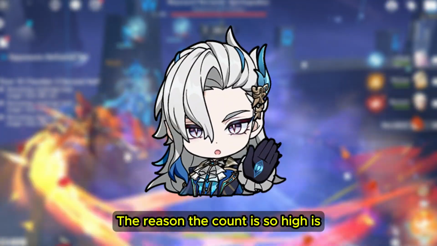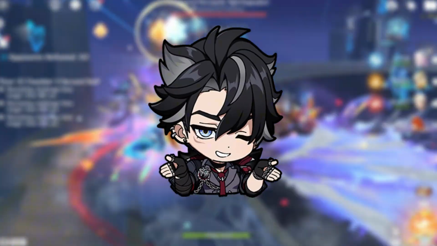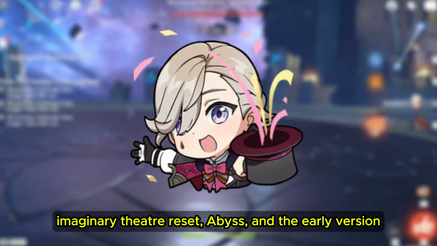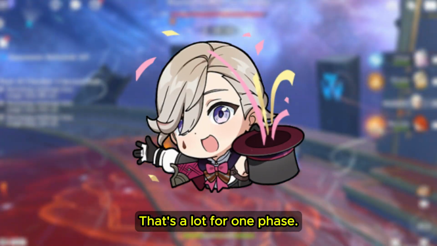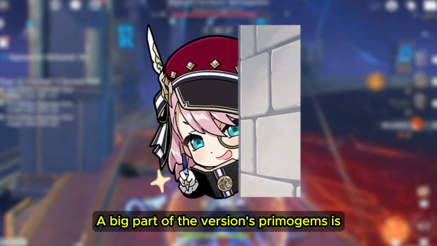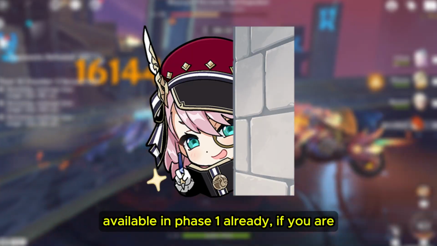The reason the count is so high is mainly because everything lines up really well. We get the new map, the offering system, the summer event, the Paimon shop reset, the imaginary theater reset, Abyss, and the early version codes. That's a lot for one phase. But this also means version 6.7 is very front-loaded. A big part of the version's Primogems is available in Phase 1 already, if you are willing to play the